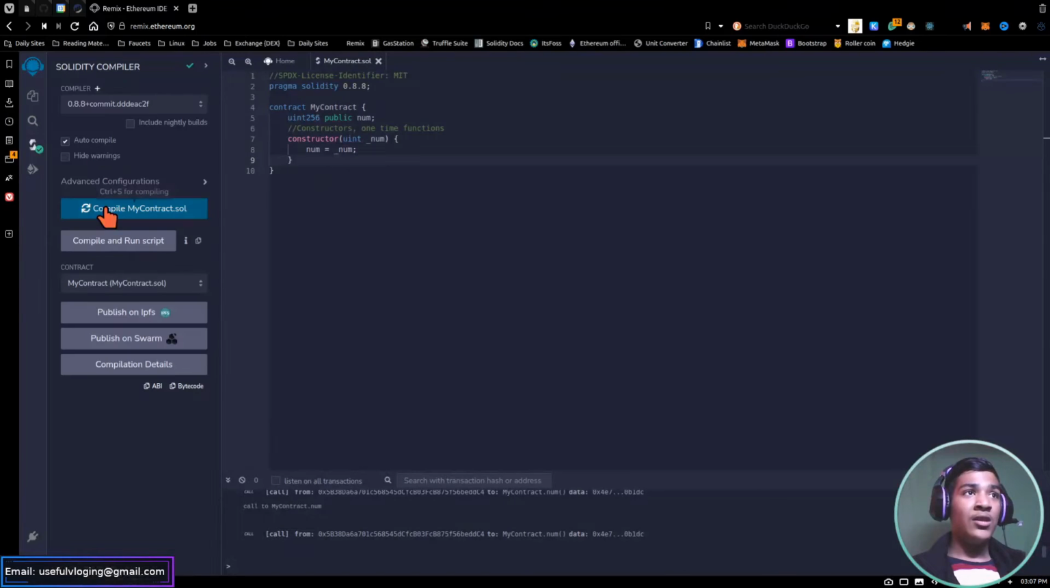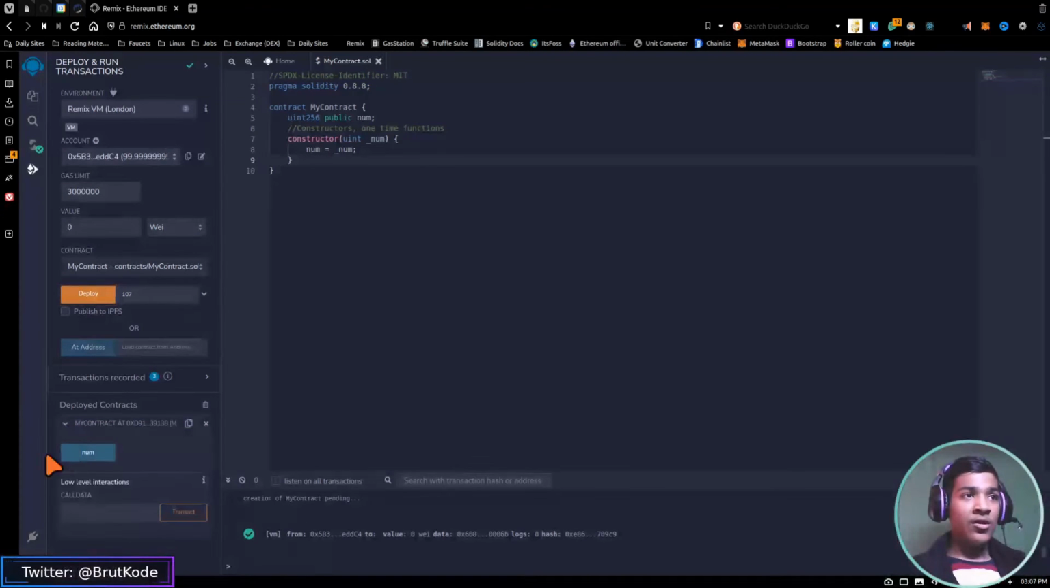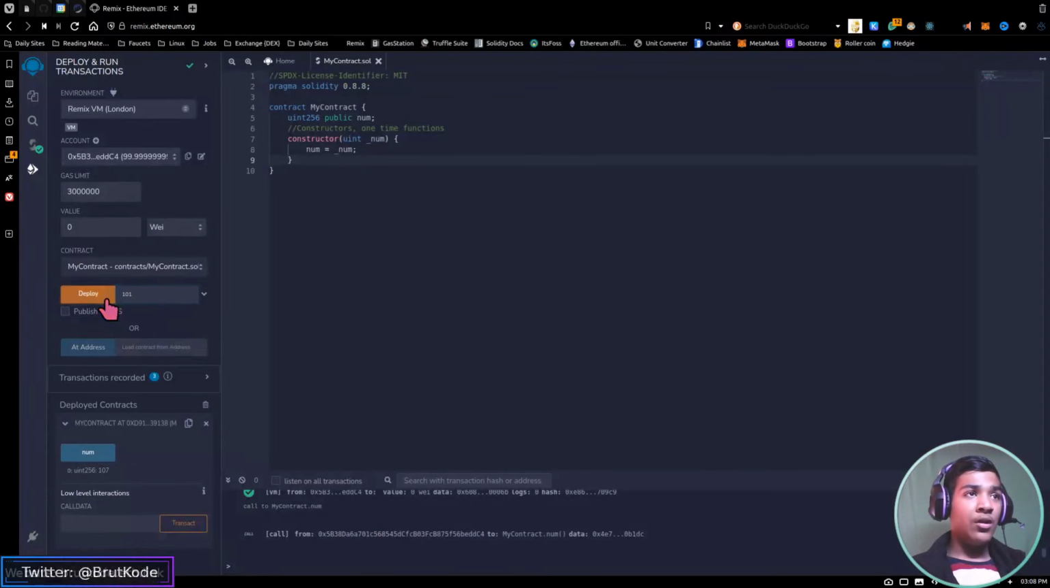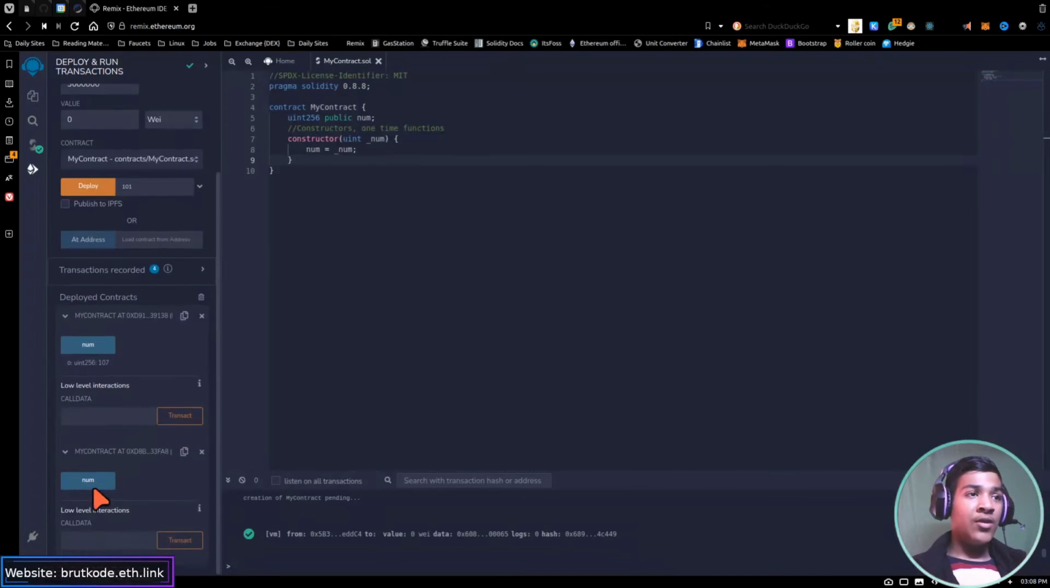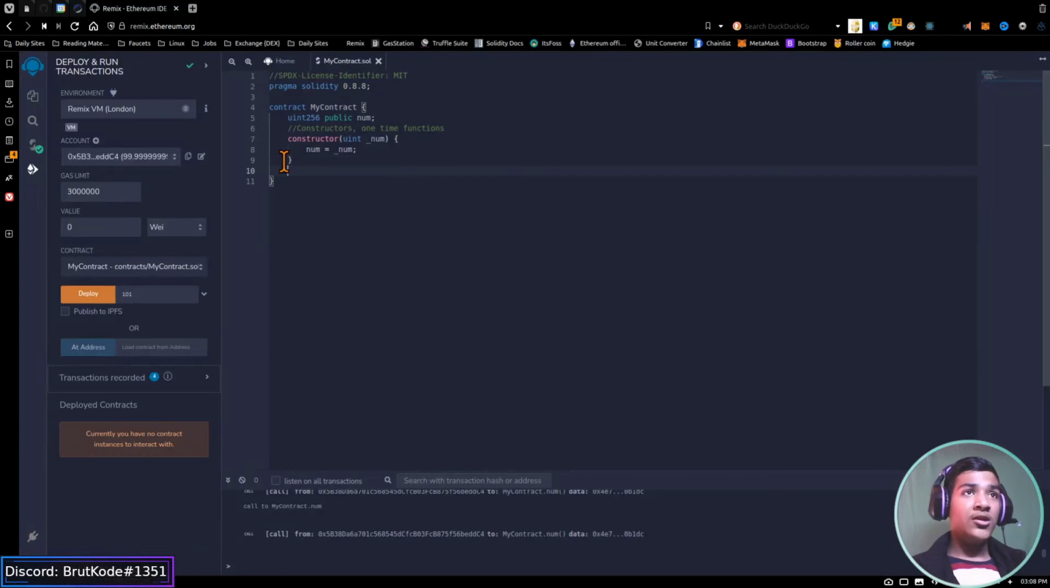If I compile this and deploy it, you see here we have one parameter. To define num, we could add here any value, like I would say 107. If I hit deploy, you could view the value of num over here. So the value of num is 107. If I say the value of num is 101 and deploy it, then you could again see the value of num to be 101. So once you have set this, you cannot change it again, and the value remains constant. But you could define functions